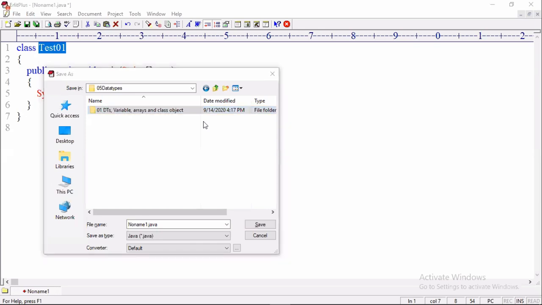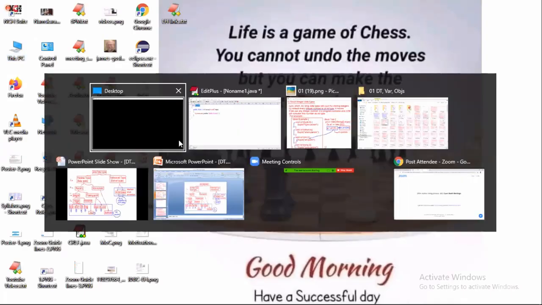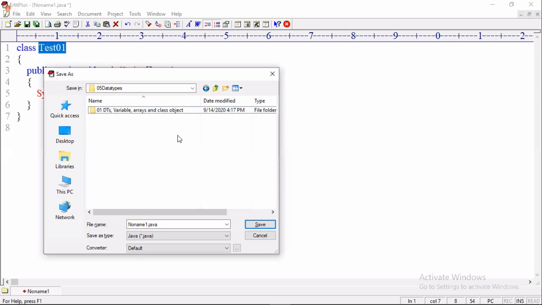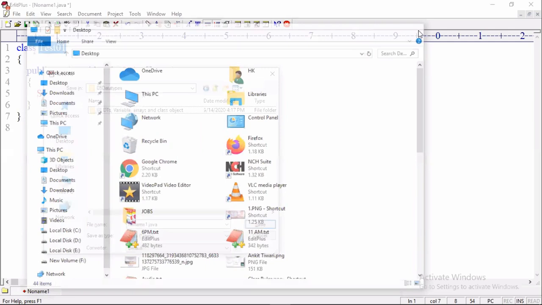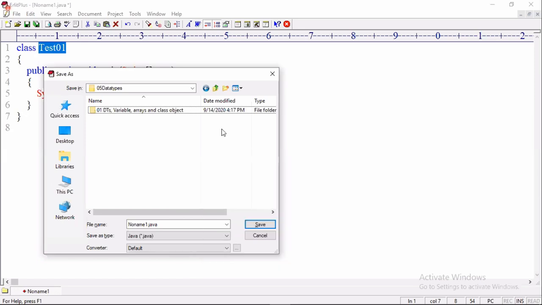Then we are learning the second topic: literals, types of literals, and Java 7 new features.